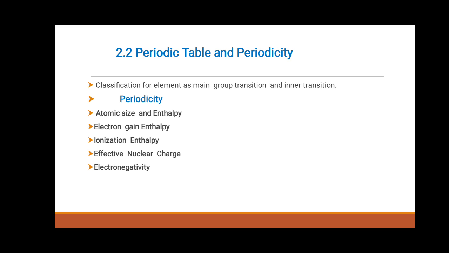In the periodic table, we are going to learn the classification of elements as main group, transition and inner transition, then periodicity, atomic size and enthalpy, electron gain enthalpy, ionization enthalpy, effective nuclear charge, then electronegativity,